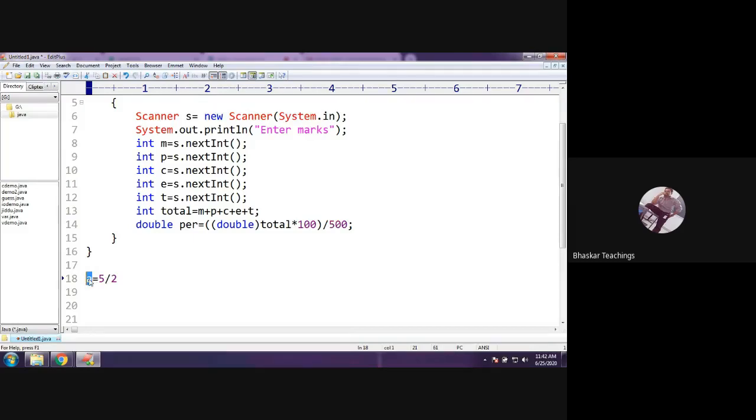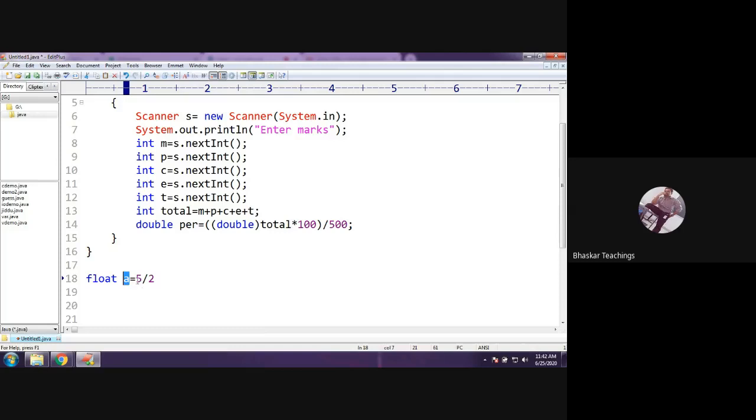Okay, now what if I give float? Previously A was integer, so we were getting 2, but now I am declaring A as float. Now what is going to happen means the right side expression will be evaluated first. 2.5 is the actual answer, but integer division, right? Therefore it will produce 2 only. And this 2 is going to be stored in A, but A is float. Therefore it will not become 2.5, it will become 2.0.